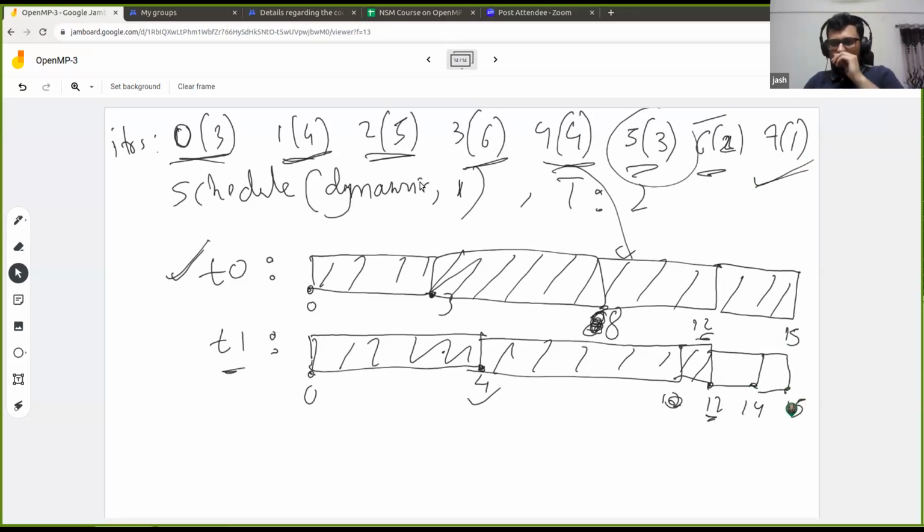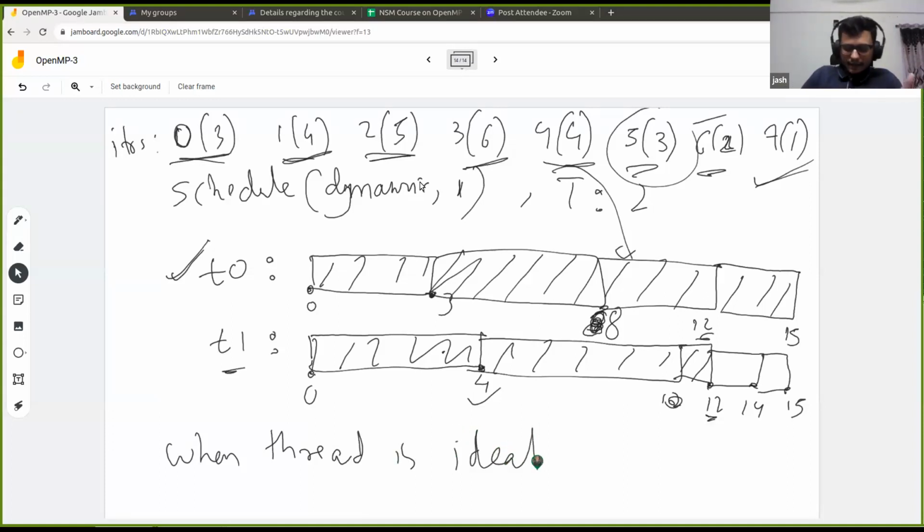With this, if you can see, the scheduling of work is being done in a dynamic manner. The main point here is that when a thread is idle, it is assigned some work. That is how the dynamic type works in the schedule clause. Based on the availability of the thread, the work is assigned to the thread.